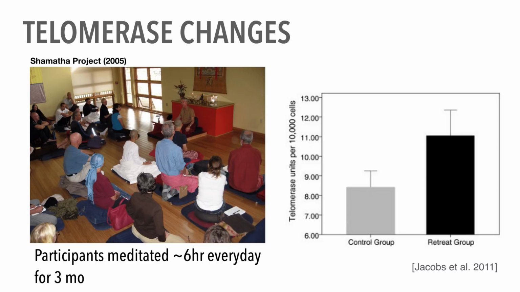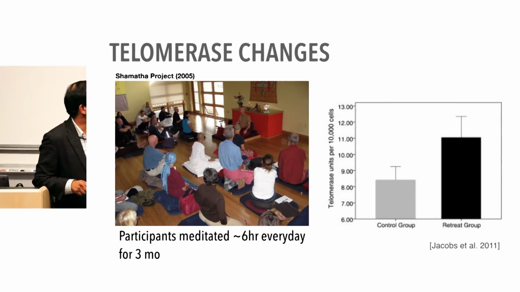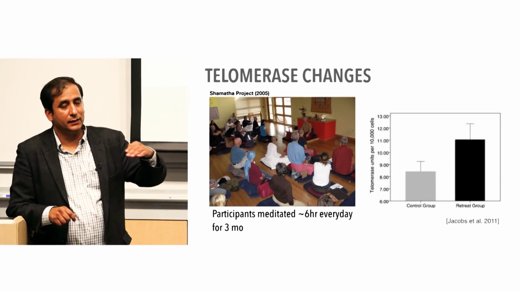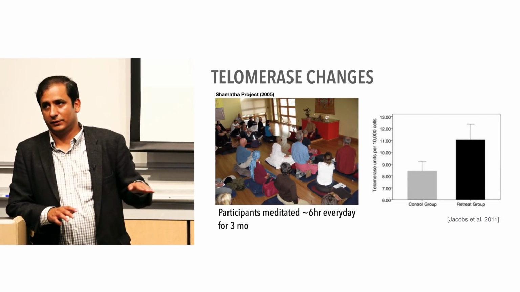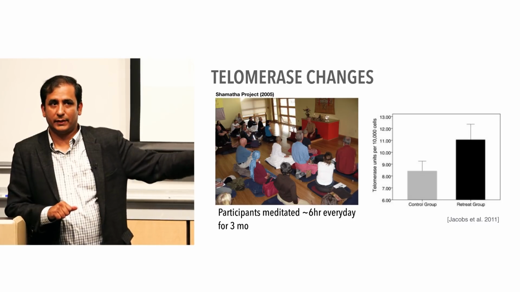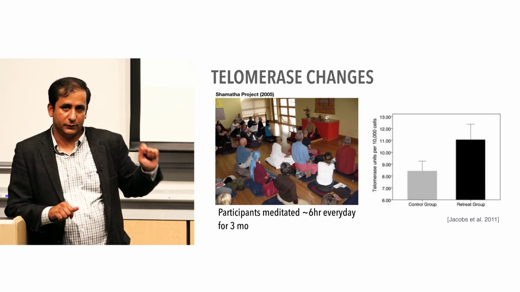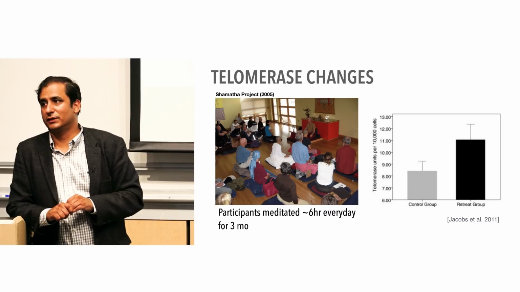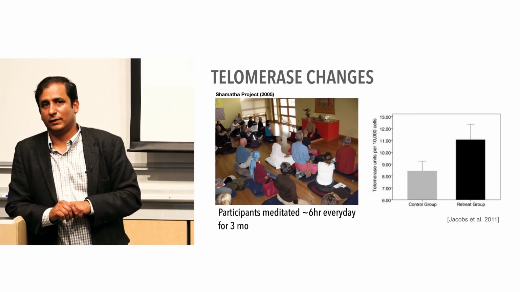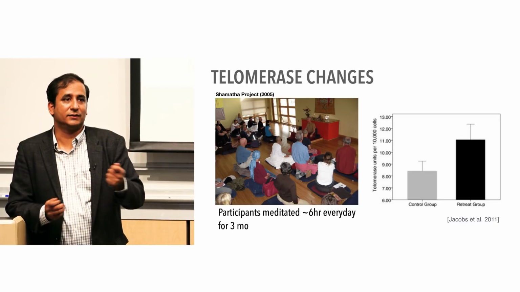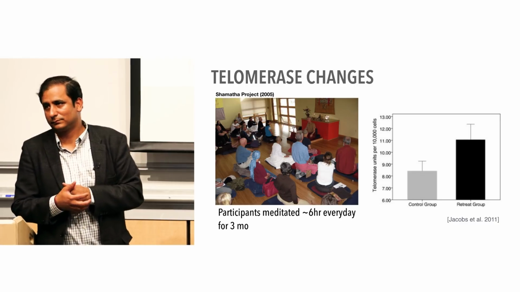This is the group where people were meditating 6 hours every day for 3 months. And we found, so this is a different way of showing it, that in the group who meditated for this much time, they were able to slow down the telomere reduction, and it was positively associated with psychological well-being. So another good indicator of how meditation can work, both at the mental level as well as the gene expression level.